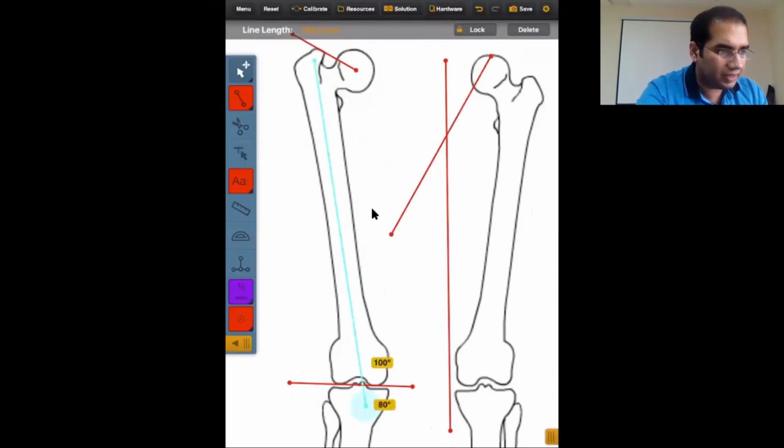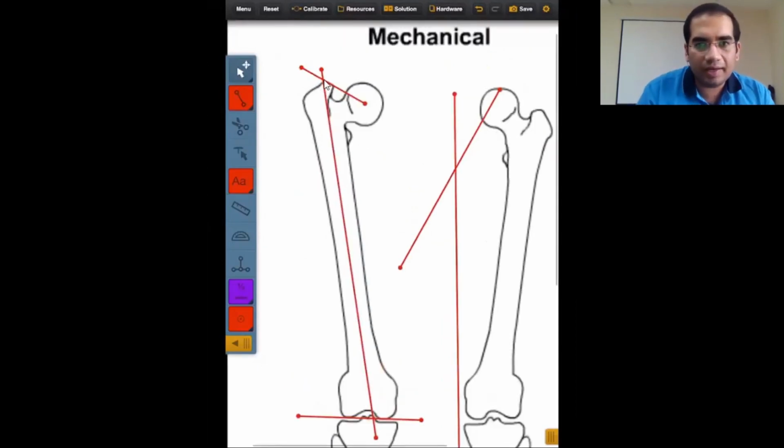This is the reference angle, the mid diaphyseal line. It is more or less a mid diaphyseal line. As we can see now, this line is not crossing through the piriform fossa. The normal location is through the piriform fossa. This line has to touch the joint orientation line of the hip at this point, but it has passed laterally. What angle is it making right now? The medial angle now is 52 degrees.